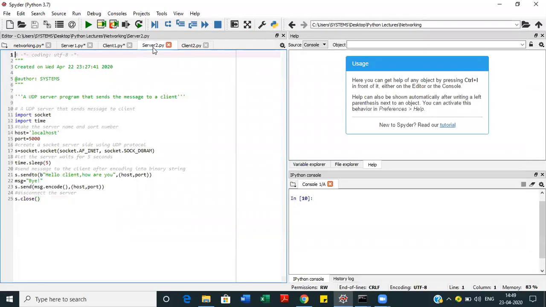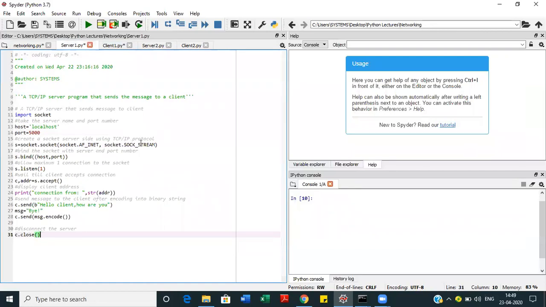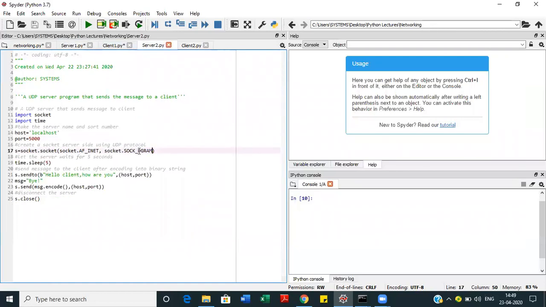Now, next is the same programming using UDP. UDP is basically a datagram protocol. So what it will do is that the server will send the data in the form of packets which are called datagrams. We have already discussed that the type will be changed if we are using UDP. Instead of STREAM, we'll use DGRAM.